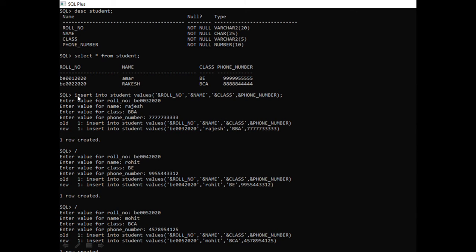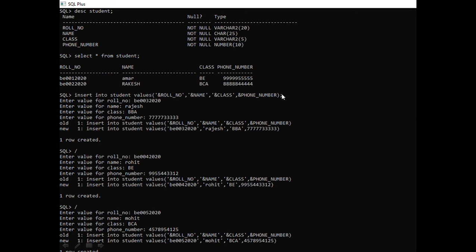Just use this command: insert into student values, and use the ampersand symbol with single inverted commas for roll number, name, class, and phone number. Here I am not using any single quotes for the phone number because it is numeric type data.